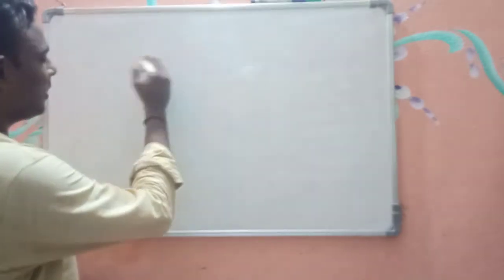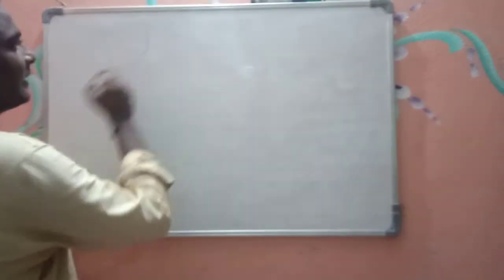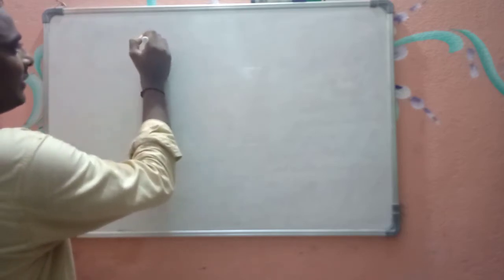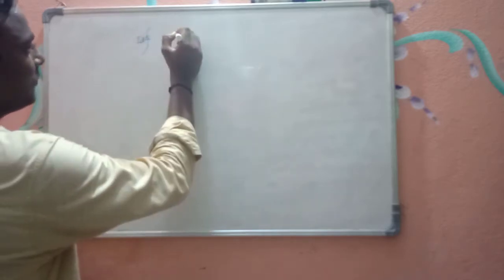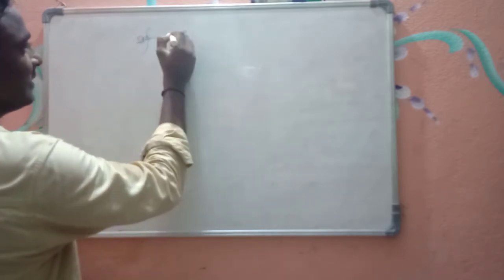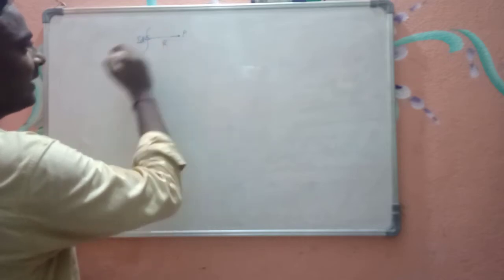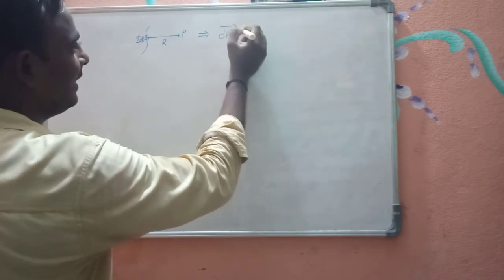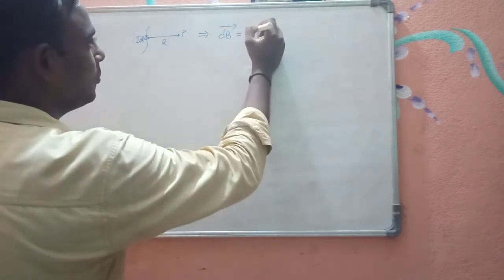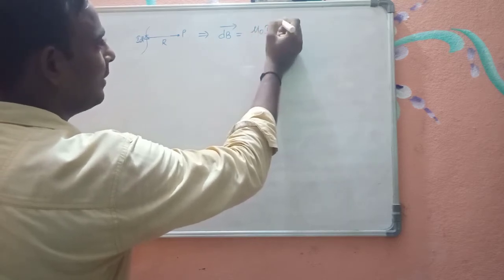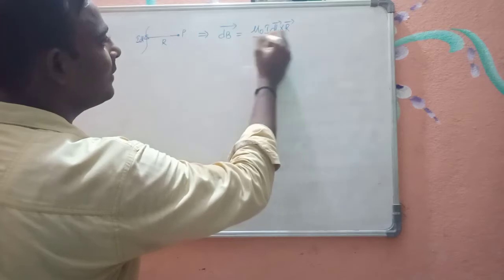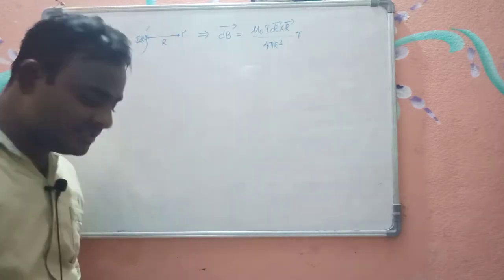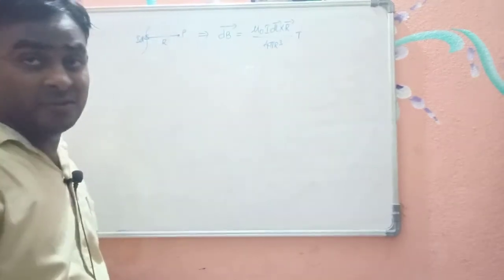So first of all, according to Biot-Savart's law, if you have a current carrying conductor carrying a current I with a small differential element dl, and a point of interest P at a distance of r from this conductor, the field is given by dB bar equal to mu naught I dl bar cross r bar by 4 pi r cube Tesla. This is the mathematical statement of Biot-Savart's law.